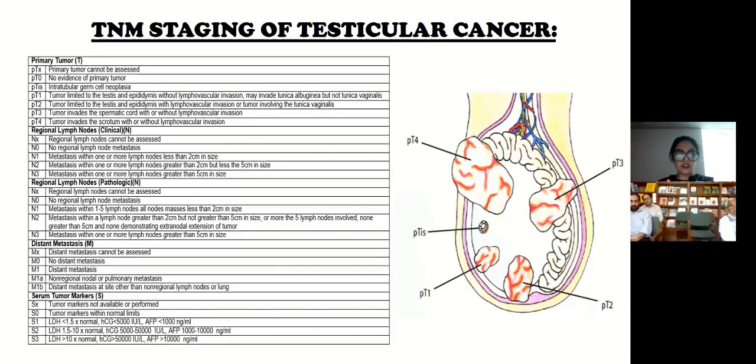The TNM staging of testicular cancer includes primary tumor, which is T stage, regional lymph nodes clinical, regional lymph nodes pathological, distant metastasis, and serum tumor markers as already mentioned. For primary tumor T stage: pTX is primary tumor cannot be assessed. pT0 is no evidence of primary tumor. pTis is intratubular germ cell neoplasia. pT1 is tumor limited to the testis and epididymis without lymphovascular invasion. It may include tunica albuginea, but not tunica vaginalis. pT2 is tumor limited to the testis and epididymis with lymphovascular invasion, or tumor involving